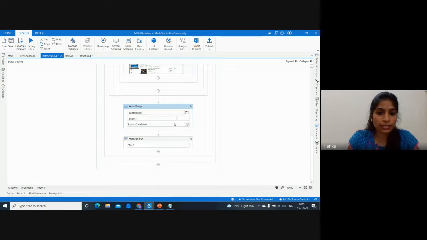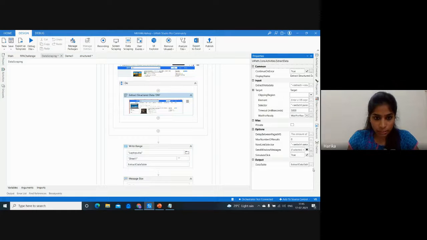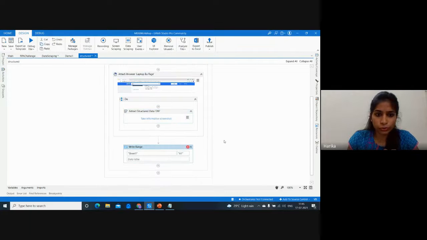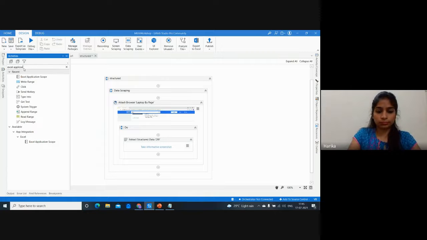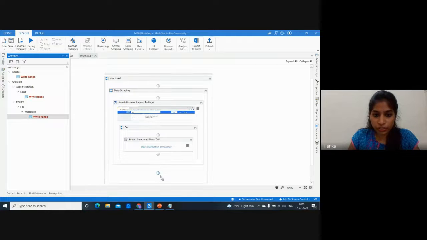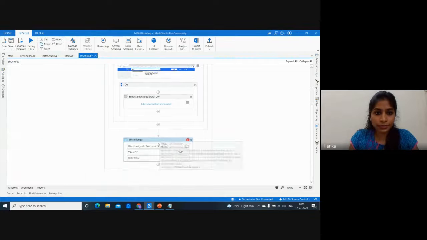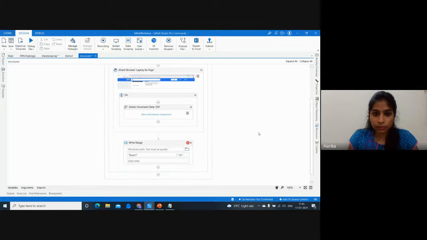Then the output that I'm getting from this data table, let me just show you over here. I'm taking the Workbook Write Range, and I'm going to write the output from the data table, which is my extract data table, into my workbook path.